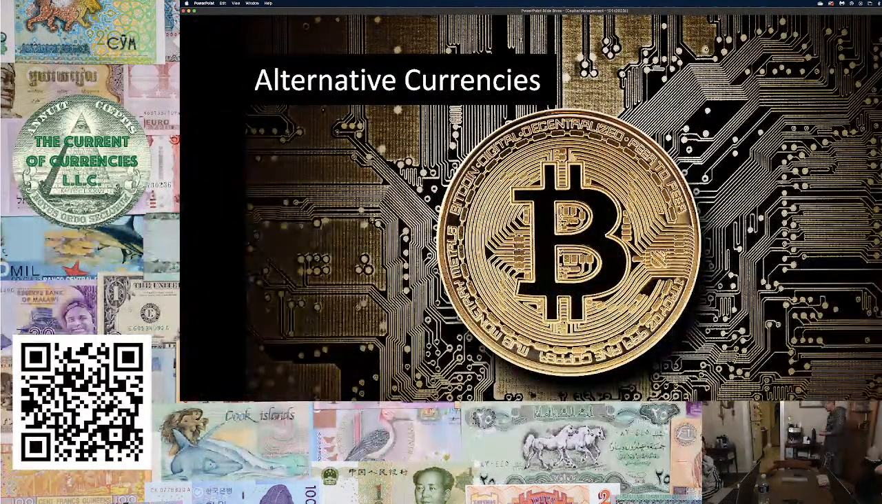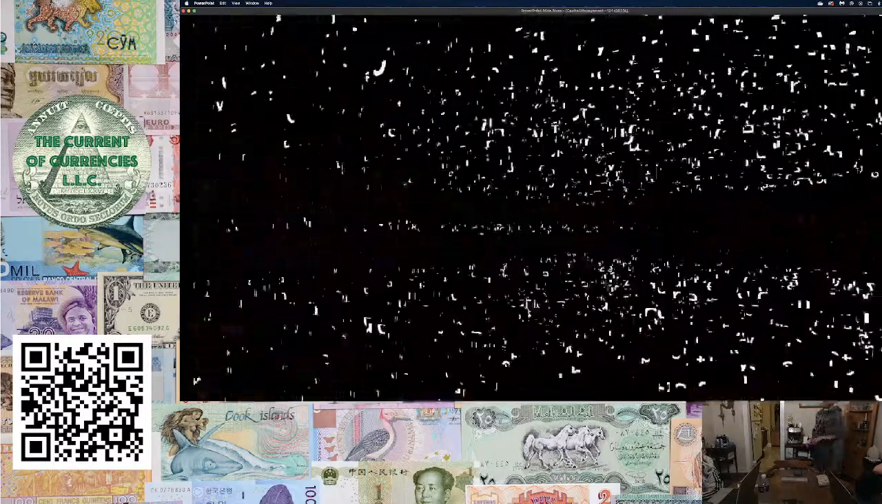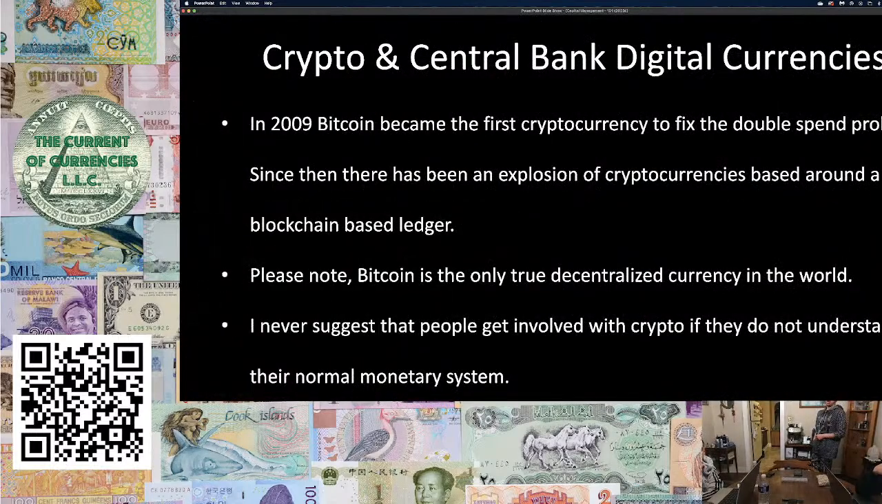Alternative currencies, and again, these have only popped up in 2011. Bitcoin figured out what we called the double spend problem. So before Bitcoin came up, there was an issue with digital currencies that they couldn't figure out a way to